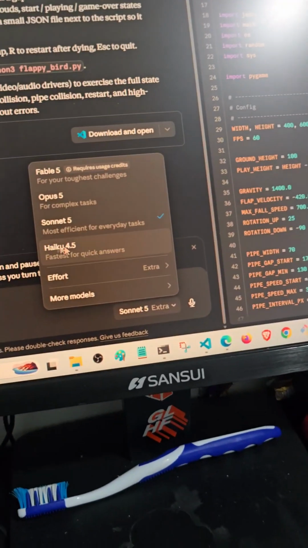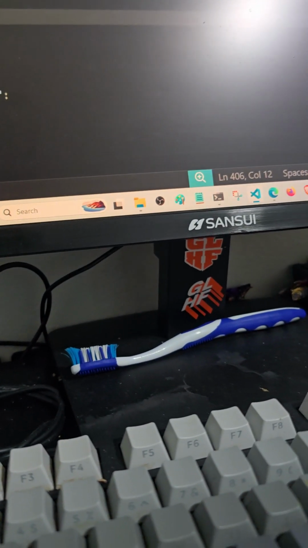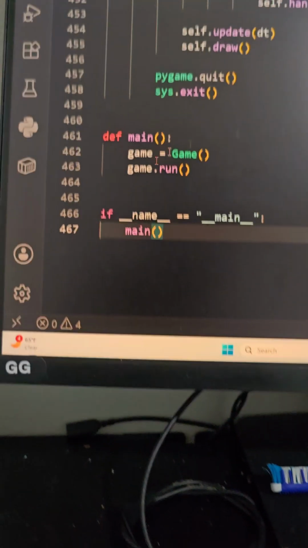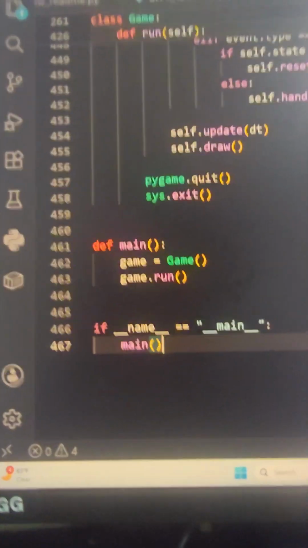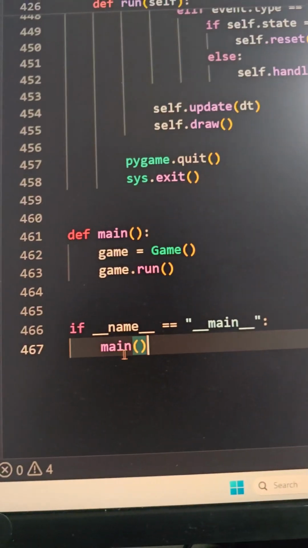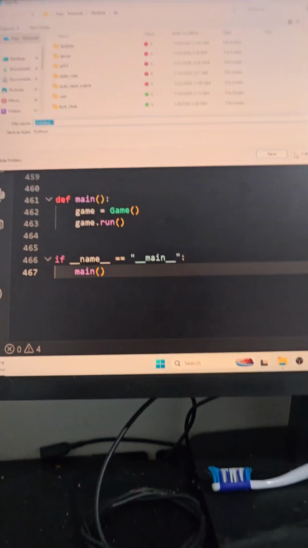We do have one more effort mode, which is the max. I think that would probably take longer than 4 minutes. But let's see what it created in the 4 minutes that it was running. Okay, almost the same lines as the previous one. This is 412, and this one is 467. I wonder what the difference is between them.